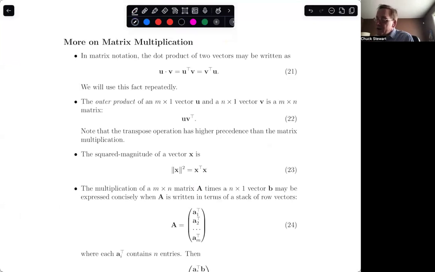Okay, so there's several facts that we need to know. The dot product is equal to a matrix multiplication, and that dot product or matrix multiplication in the case of vectors only is commutative. So for example,